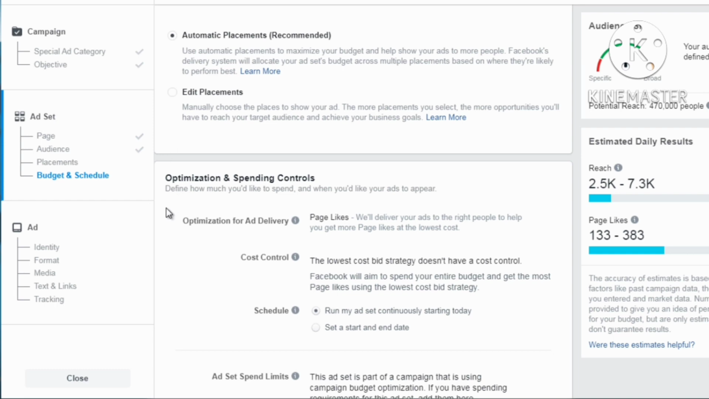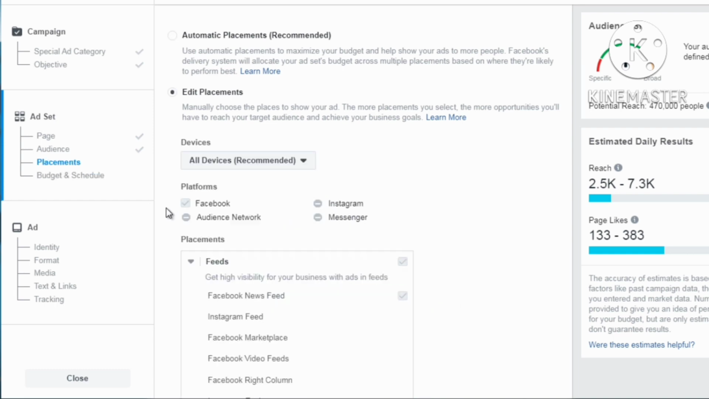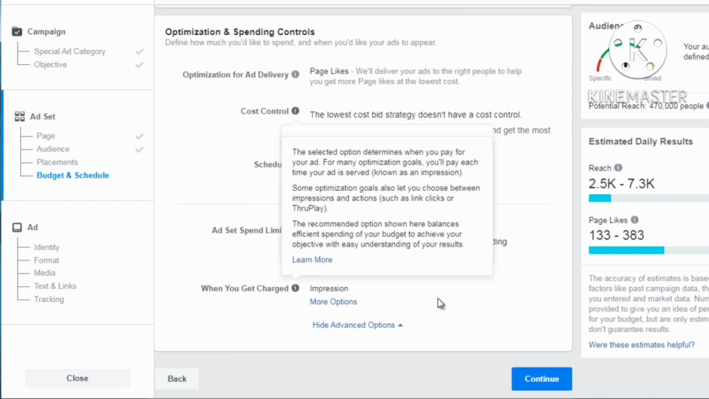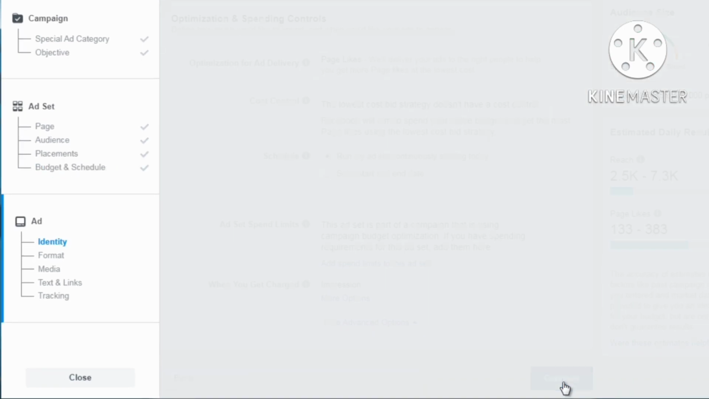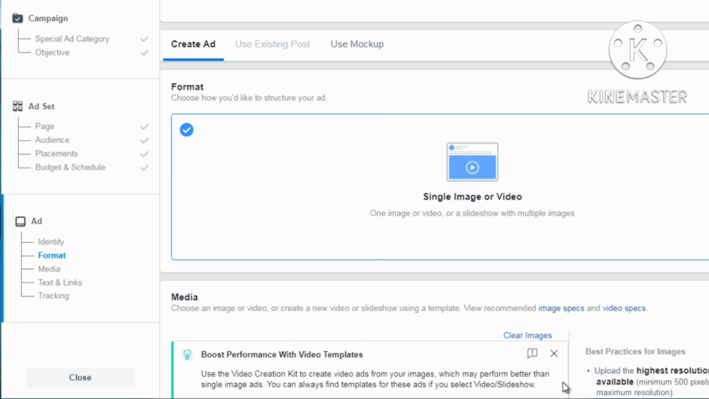Okay, so we've got optimization and spending controls. Usually just keep everything by default and click continue. And that's it. That's all there is in terms of setting up an ad set. Now we can create an ad, which is the images and the content that you want to essentially put against each other and figure out what is actually converting. All right, we'll see you in that